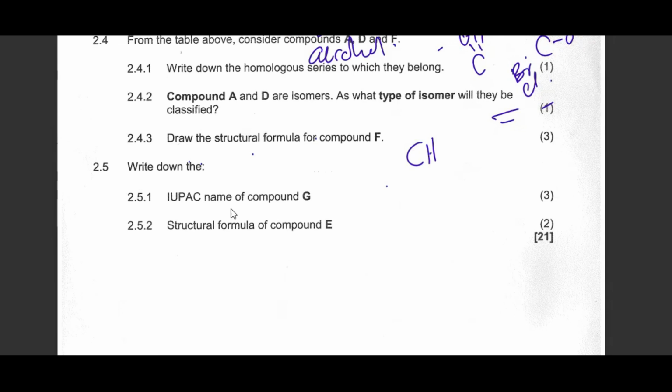Let me just make them structural formulas. See? So it's like that. Don't forget that there is a hydrogen there. Hydrogen, hydrogen, hydrogen, hydrogen, hydrogen. While the other one is